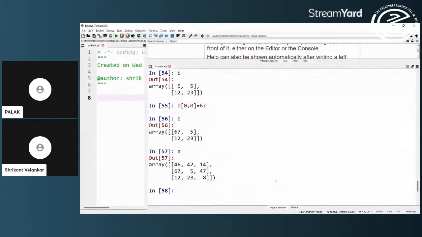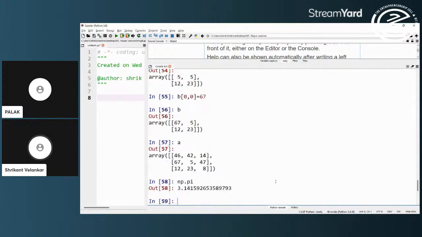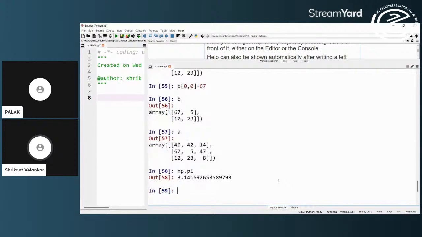Then there are certain trigonometric and mathematical functions directly available in NumPy. So if I say np.pi, the pi value is directly available. You will see 3.141592, whatever the pi value is, up to whatever precision digits it can calculate, it will show to us.